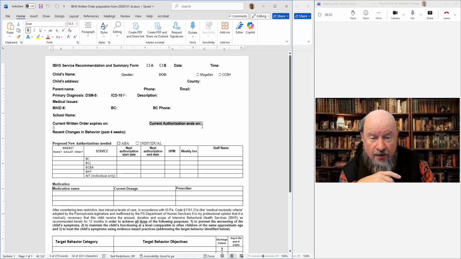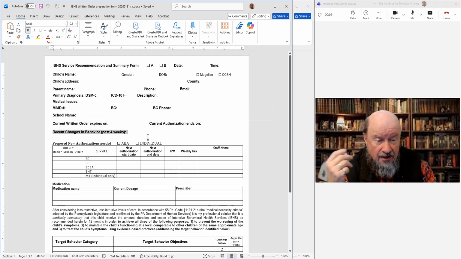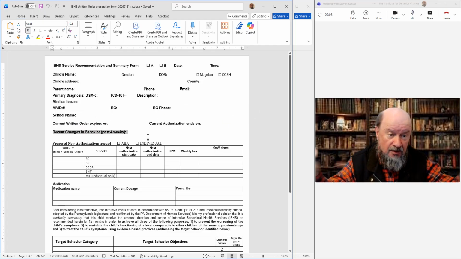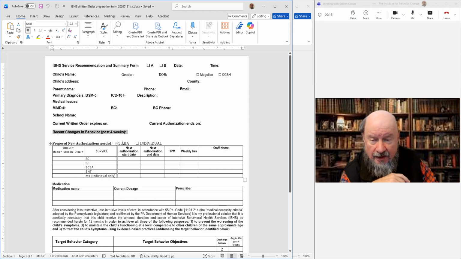And then also the current authorization, we need to check that expiration date. And then you're going to add recent changes in behavior that have taken place in the last 4 weeks. This is a 1 or 2 sentence abbreviated summary of plans that you think will be necessary to implement in the coming 12 months. You'll check whether it's ABA or individual services. You'll identify where the services are delivered: home, school, camp, daycare, and then you'll identify who's going to be providing